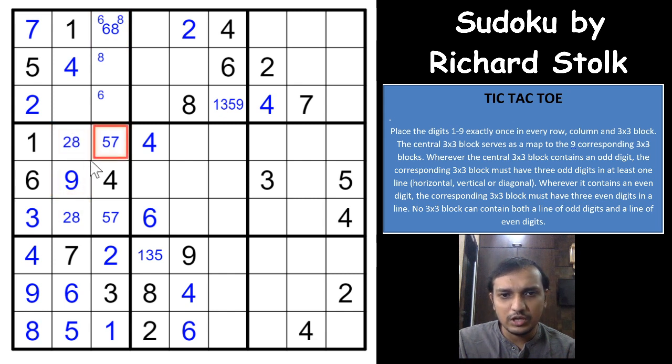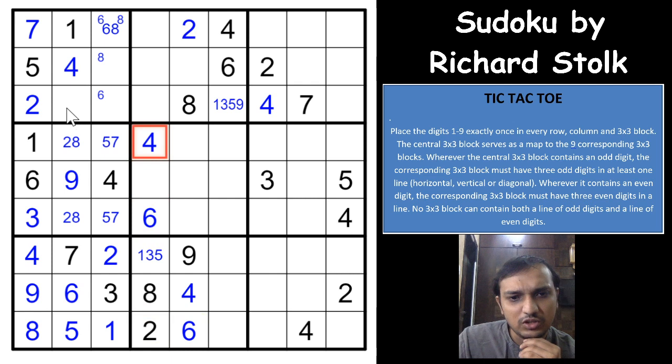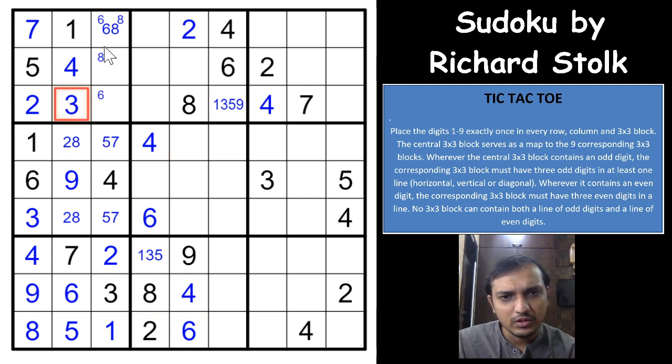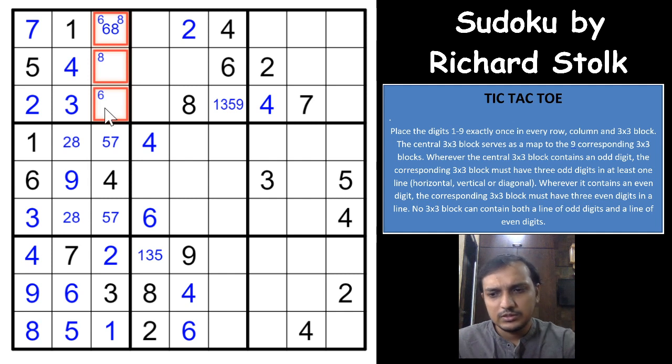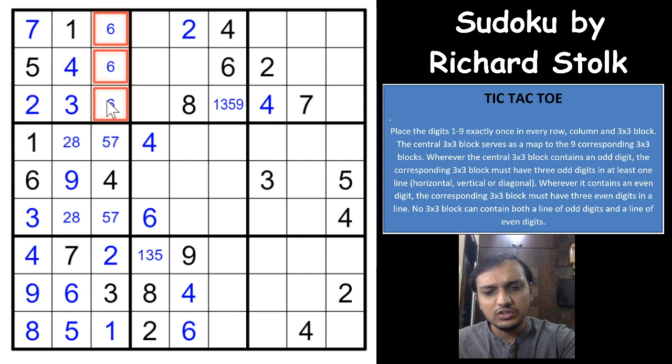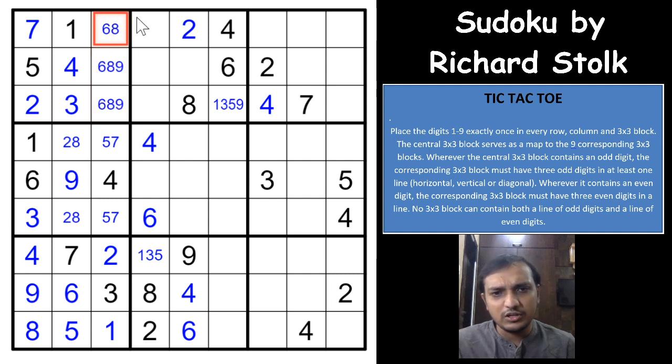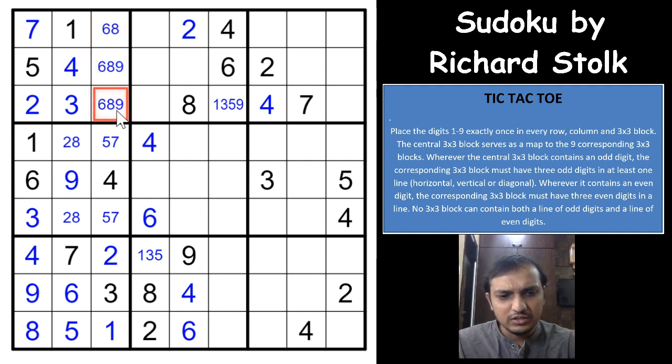So this would be an odd digit that is already deduced, because you have 2, 8, 6 and 4. This cell would have to be 3 here, 6, 8 and 9, right? So I'll just mark with the corner center pencil marks here, 6, 8 and 9, and this cannot be an odd digit, so this would have to be 6 and 8. This cannot be 8, this cannot be 6, right? That's nice. And with that we'll continue this Sudoku.